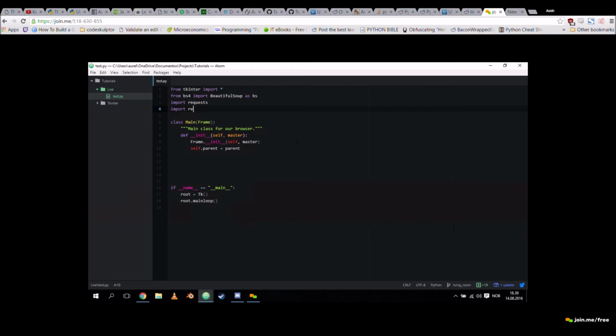So I'm importing requests, which is a Python module that allows me to get HTTP pages. And I'm importing Beautiful Soup, which is a Python module that allows me to parse through those pages in a meaningful way. And also importing re because we might need regex to make complex readings of strings. I'm not going to talk too much about that, and the code that I apply with them is going to be mostly boilerplate code. So let's talk about the important part here, which is the top frame.